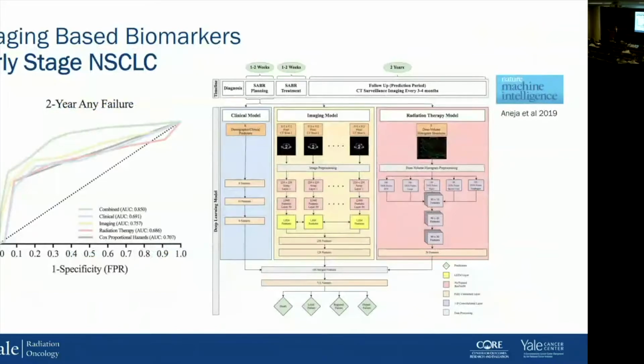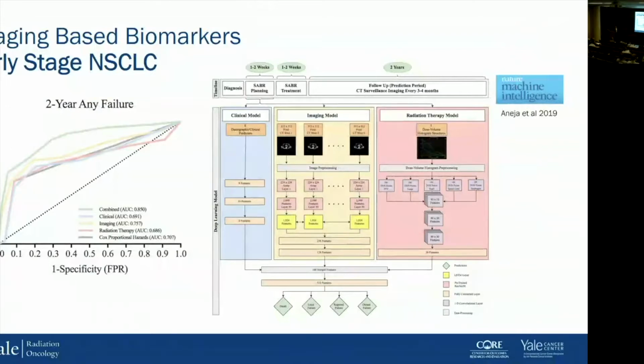We developed a model which allows us to merge all those data streams through different types of neural networks in order to create outcome predictions. We initially looked at just predicting overall survival, local failure, regional failure, and distant failure. And we compared it to individually looking at one data stream versus another data stream. And then we also compared it to what we consider to be a traditional model, a Cox regression model. So basically predictions that would be generated from a Cox proportional hazard model.